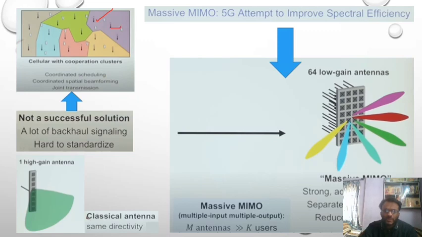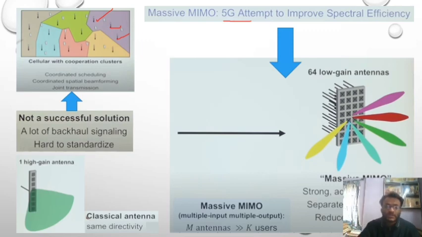We have to increase the number of antennas, so some of the problems have to be solved, but still the interference problem persists. And to solve this problem, massive MIMO in 5G is attempting to improve the spectral efficiency. Initially, the antennas that were used for the cases